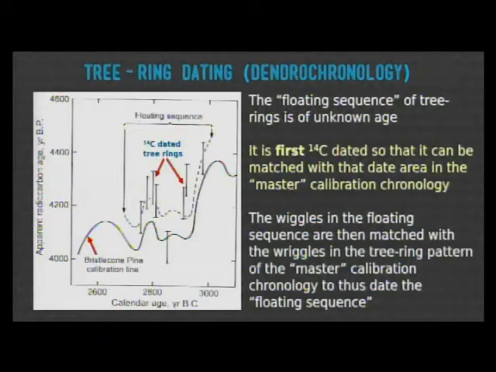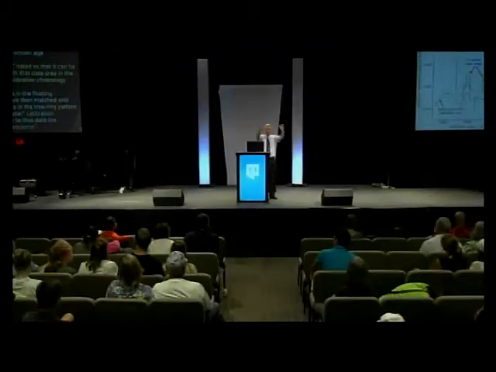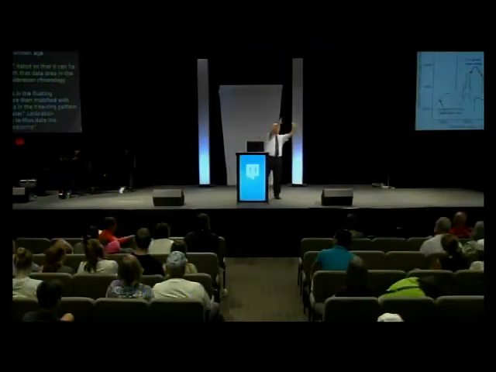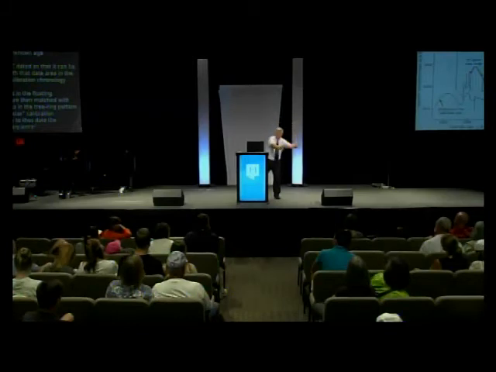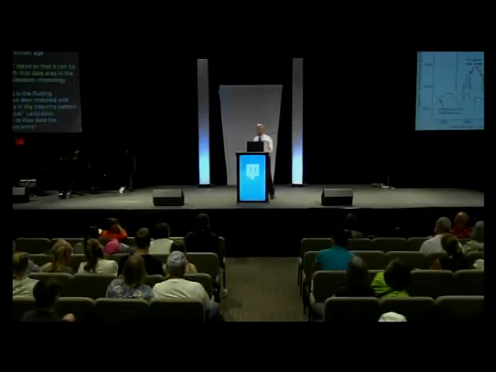And carbon-14 dating is critical. So what they do is they sample the tree rings in a core and radiocarbon date them, because they don't know where this sequence of rings fits into the master chronology. And then when they've done the radiocarbon dating, they say, aha, this ring fits in about 2,000 years ago, and then they move it into the master chronology to see if it fits back there 2,000 years ago.